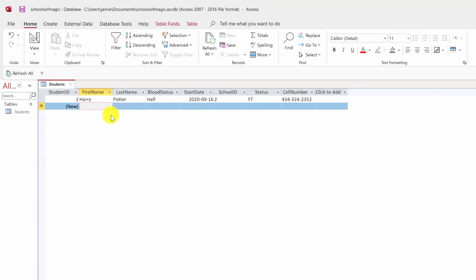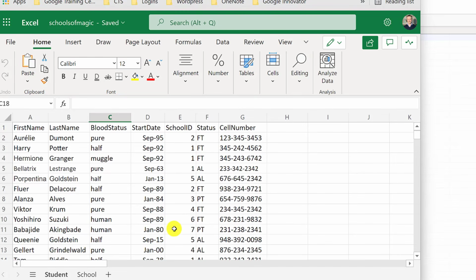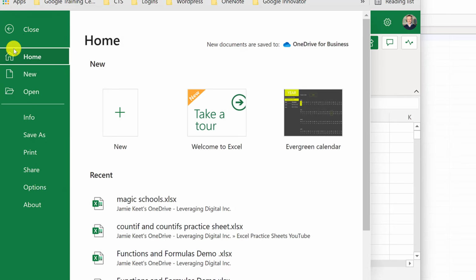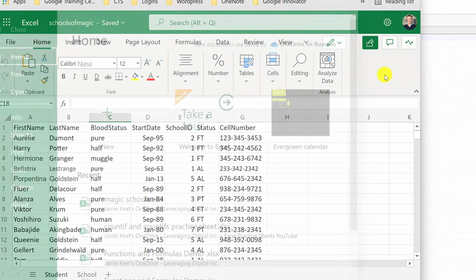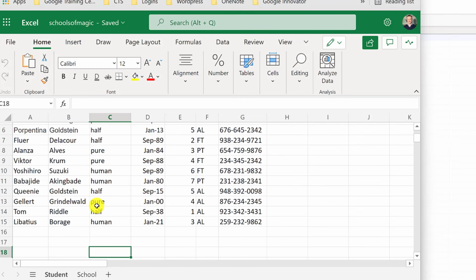Now, I don't want you to have to go through and enter all this information into this data. So what I did was I have a spreadsheet here, and if you look down in the description, you're going to have access to this spreadsheet, and you're going to need to download this on your computer to Excel. So if you just go to the file and hit save as, you're going to be able to make a copy of this, or depending on how you're seeing it, look for making a copy and download it to your